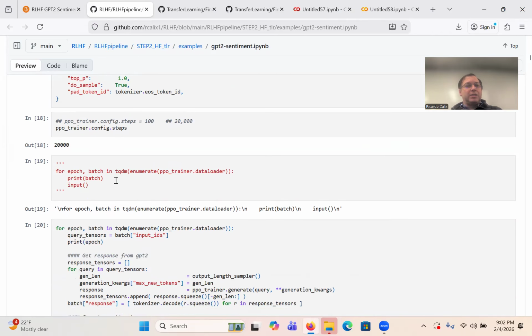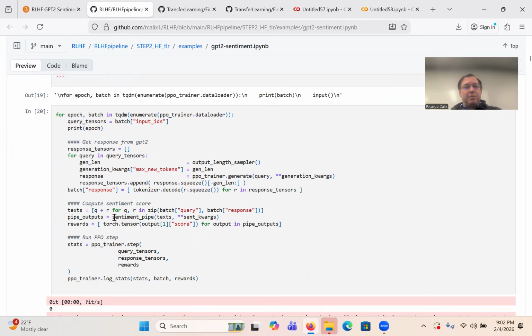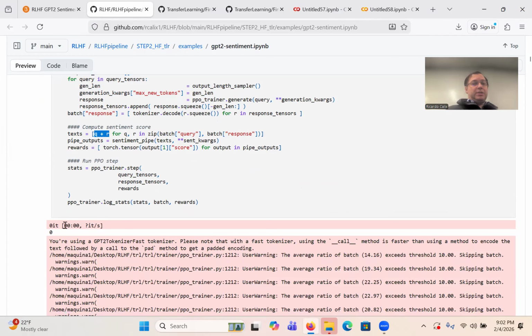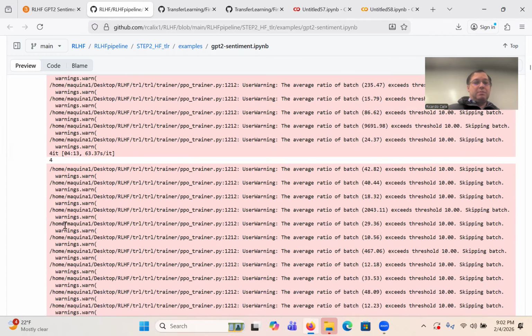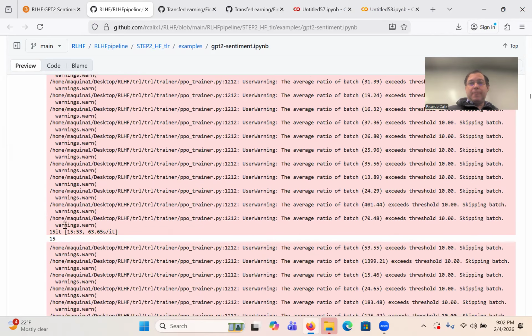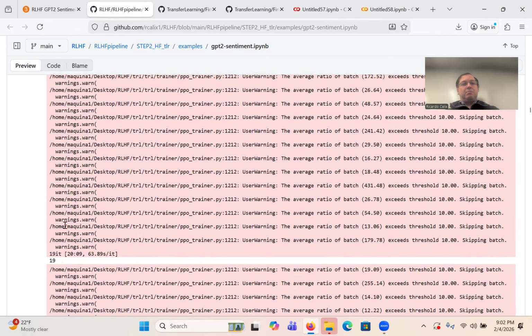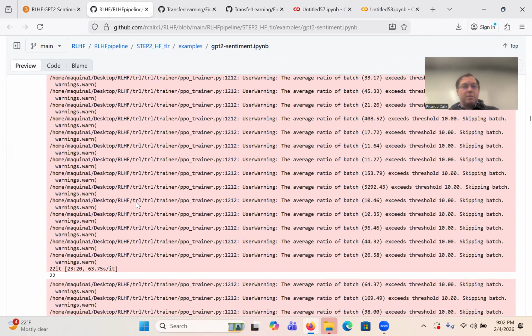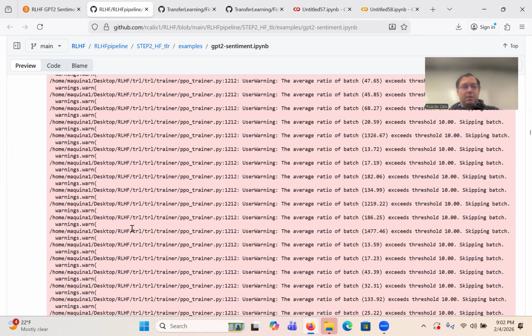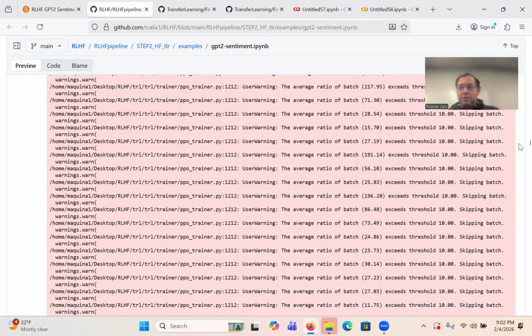Then we do the training steps, right? The same thing. Notice it puts the query and the response together as text. That is sent into the BERT, both of them together, concatenated here. The trainer does the training process. You can see this is probably something I ran on my GPU at home because I remember this warning.